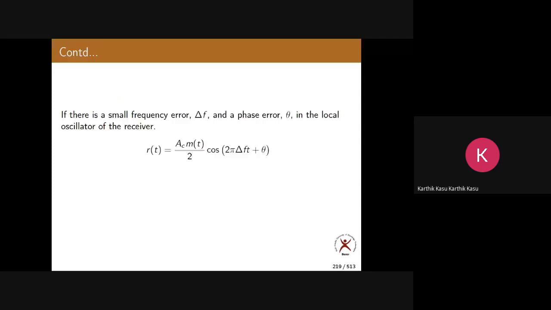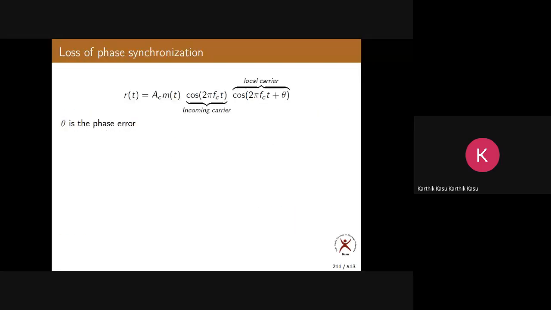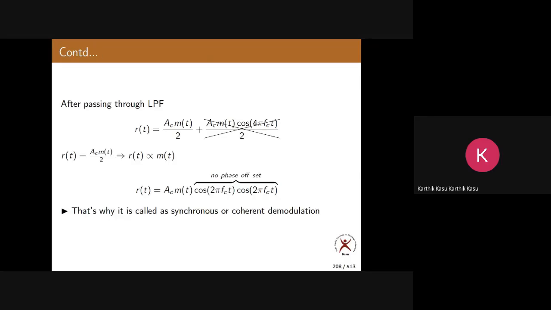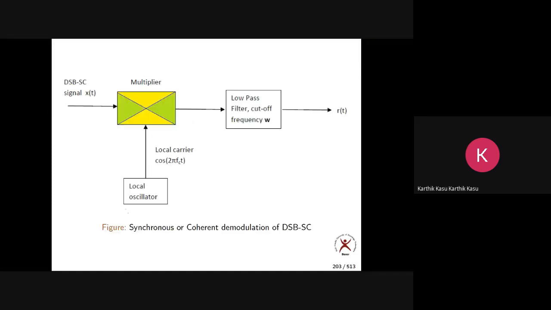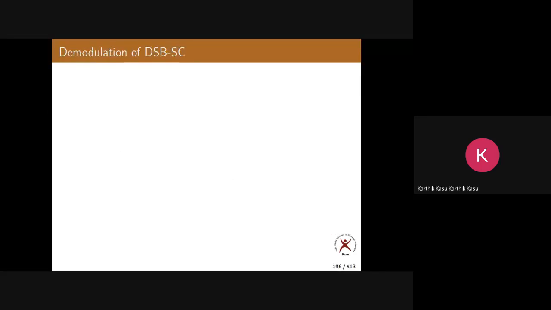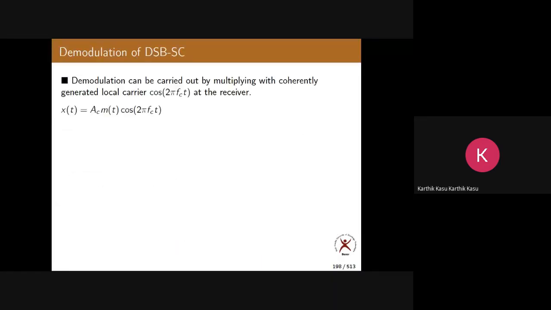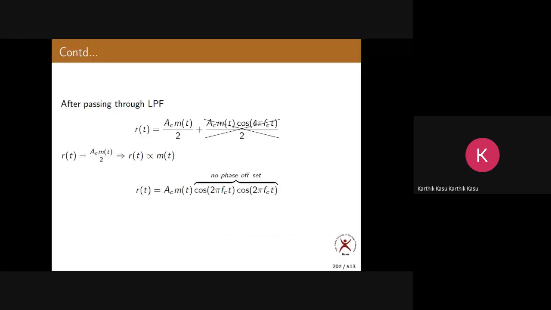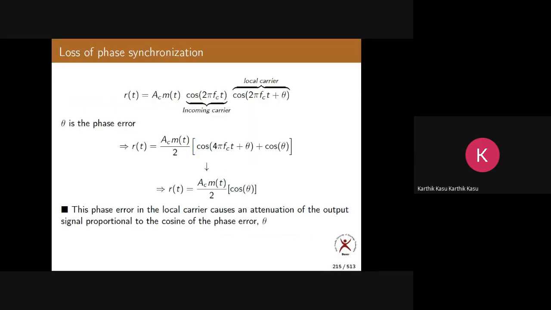So in the next class, I'll start with SSB only. This part I finished, read now. If you have net problem, just open the PPT and read it. I have written very clearly, so at least read the PPT. Otherwise, go to the YouTube channel and watch the videos. I assume that you watched these videos, so I don't explain these things in this class. I'll directly go to the next modulation technique, that is SSB. Is it okay, all of you?